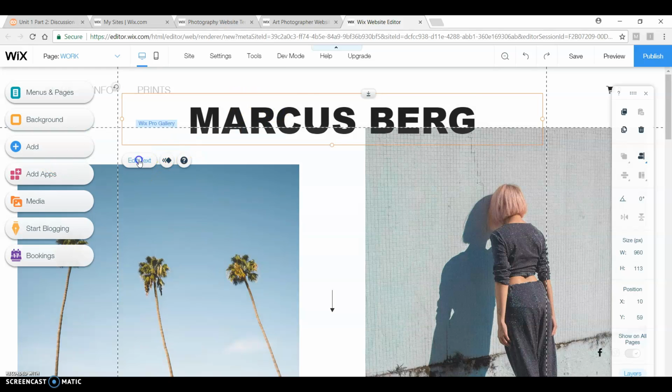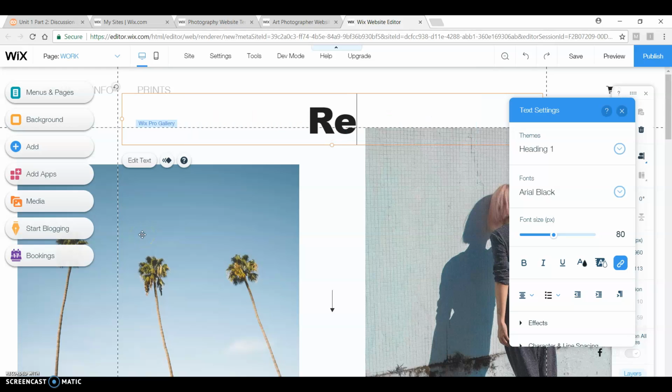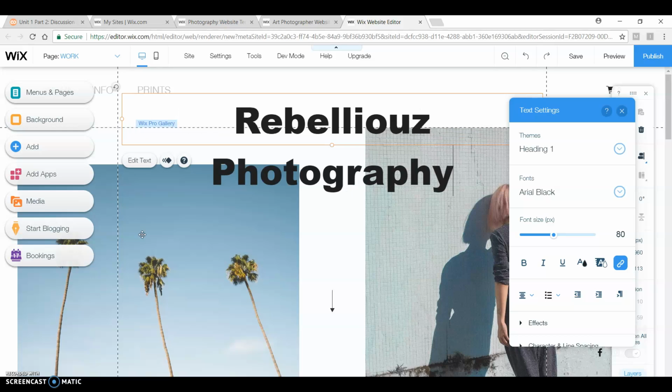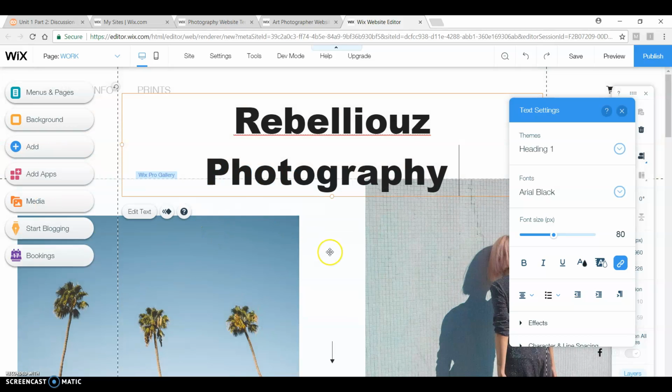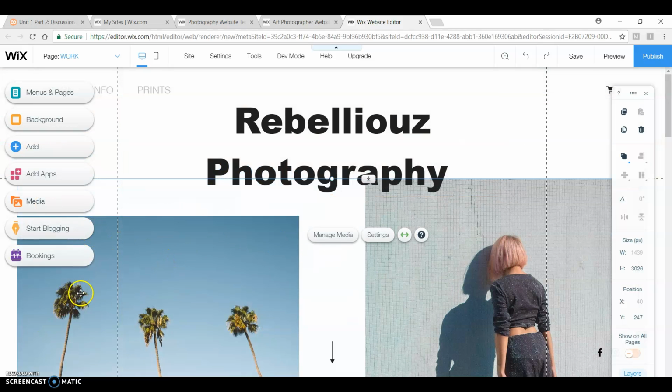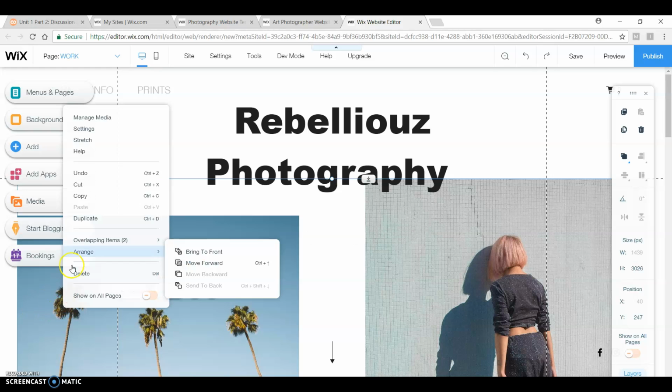I did go ahead and choose to use my photography name, which is Revilius Photography. I chose this name a couple of months ago, actually. And then we can go ahead and go in here,